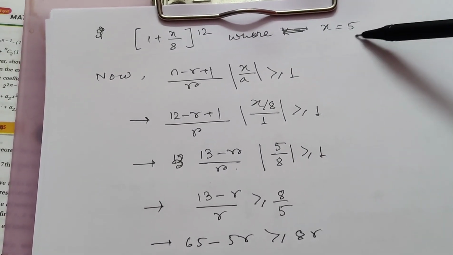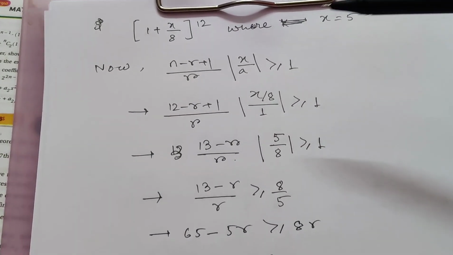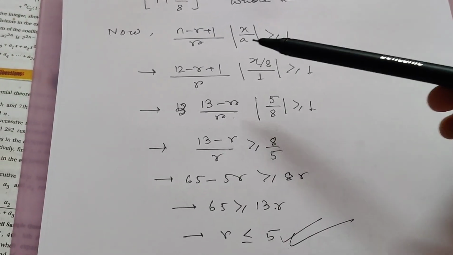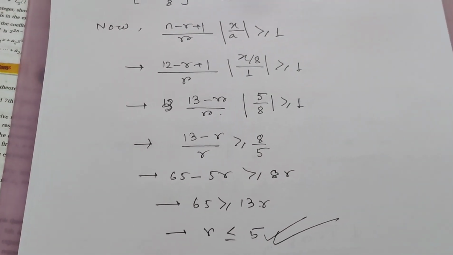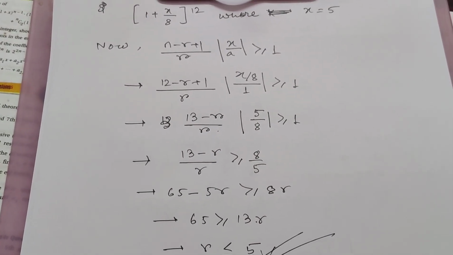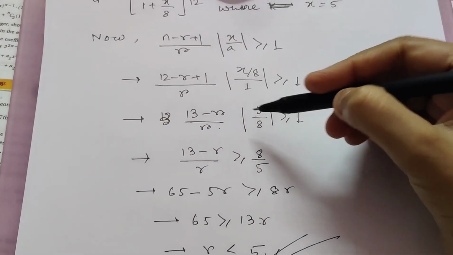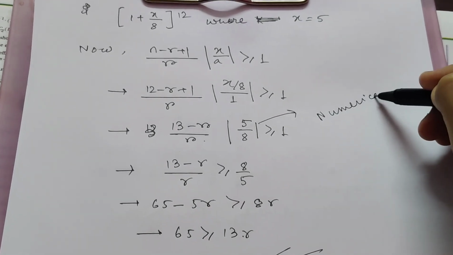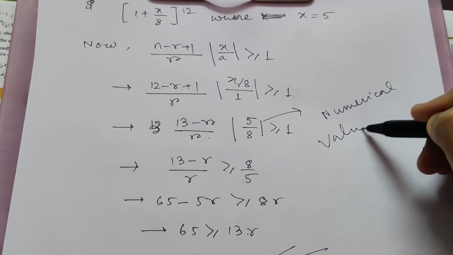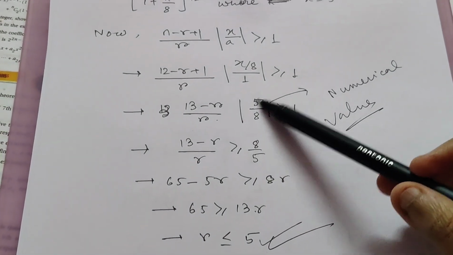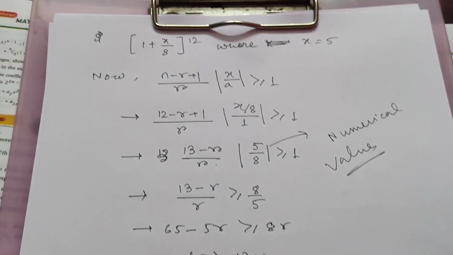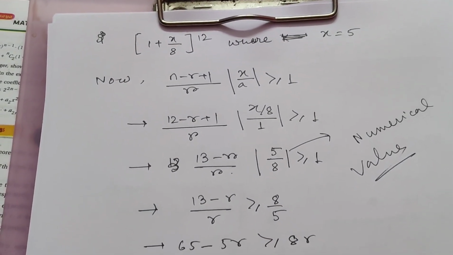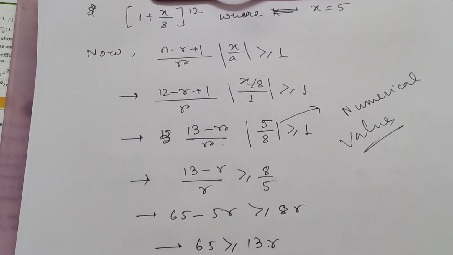If it is -1, we will not take the negative value, we will put the numerical value only. Okay, so that is why we are using this modulus sign. Actually we want to mean that take the numerical value. Okay, this is an example where k is an integer. Now I'll show you an example where k is not an integer.